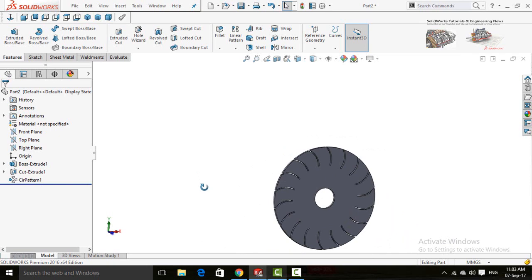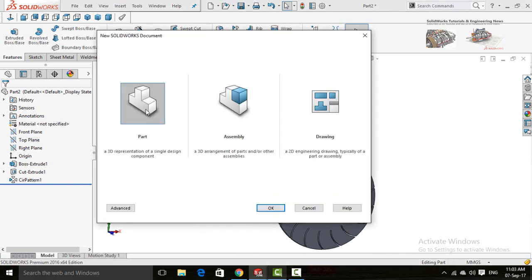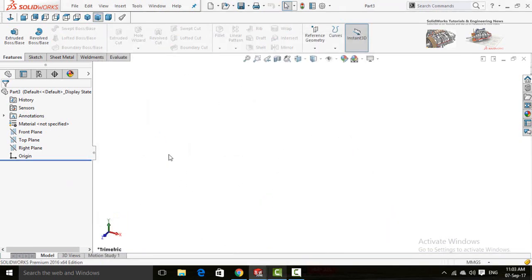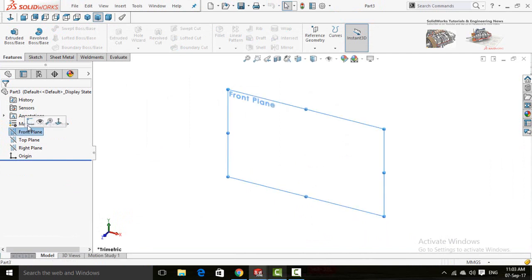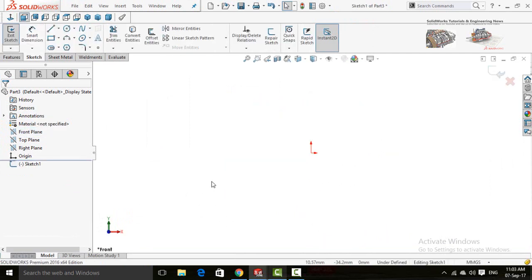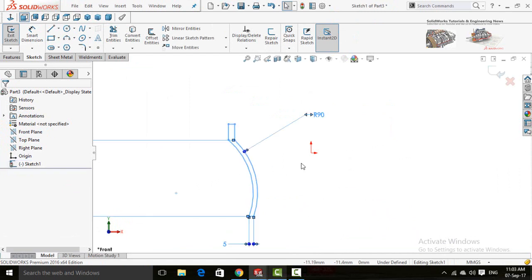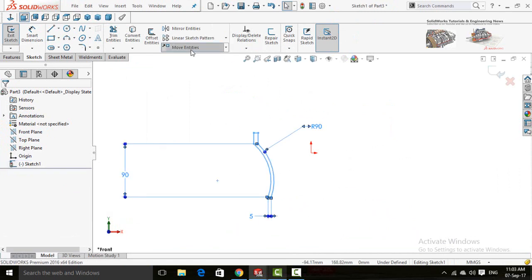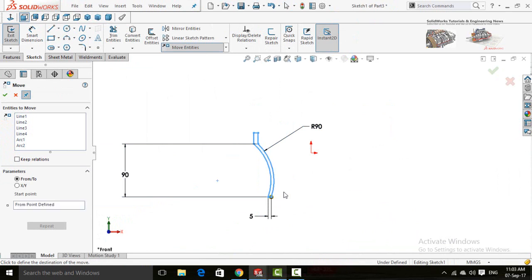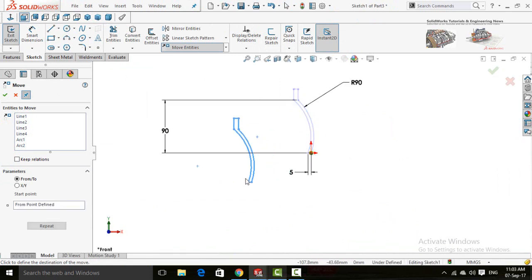Now it's time to make blade, so for that create a new part. Sketch on front plane. As we have already copied the sketch for cut, paste that sketch. Now select move entities and move it from here to the origin. Press escape button.